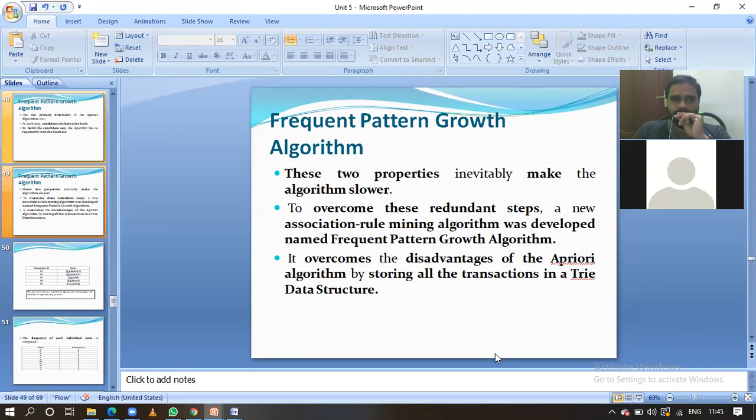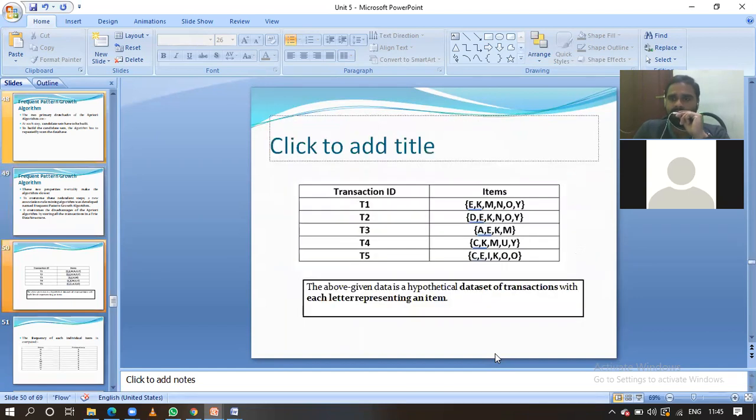Let us see how we are going to construct this frequent pattern growth algorithm. What is the input for this one, guys? Normally we use the input as it is in the Apriori algorithm: transactions, and for each transaction the items they have purchased. In addition to that we have to supply the minimum support also. Based on that we are going to find out the frequent patterns. What is the input? Transactions and items.